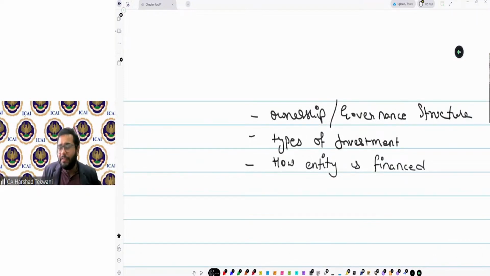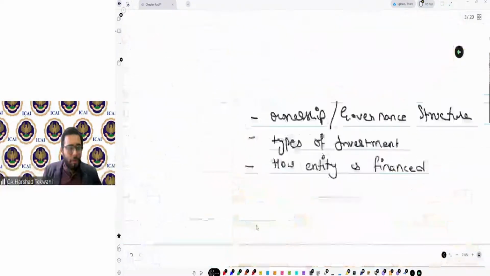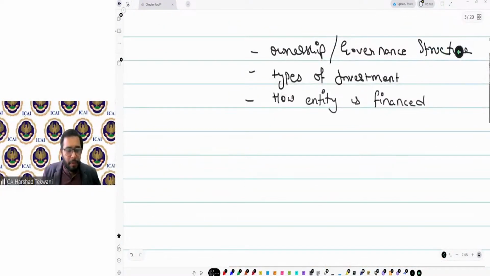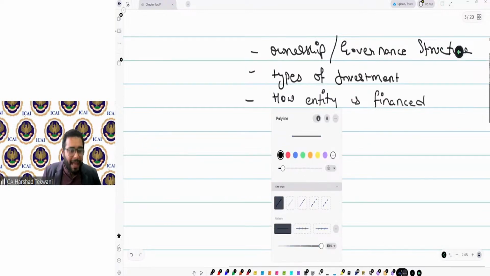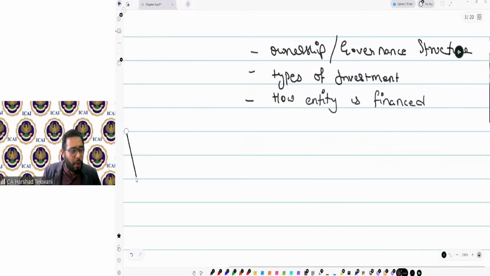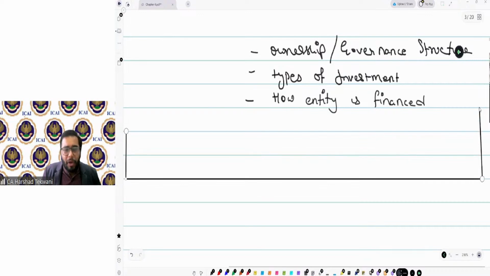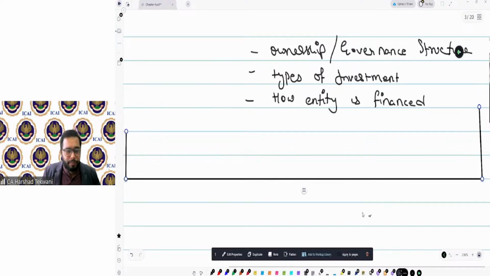This helps me understand the classes of transaction, account balances, and disclosures required in the financial statements. Based on this, I can identify the classes of transaction with respect to where the risk is. Then I can identify classes of transaction which require special attention, and I can identify additional reporting requirements